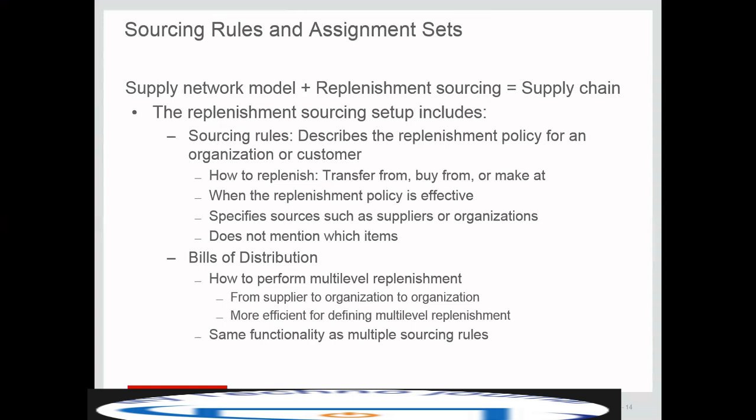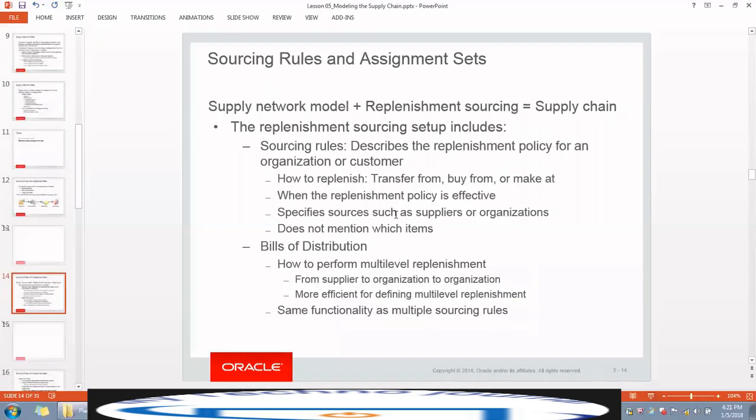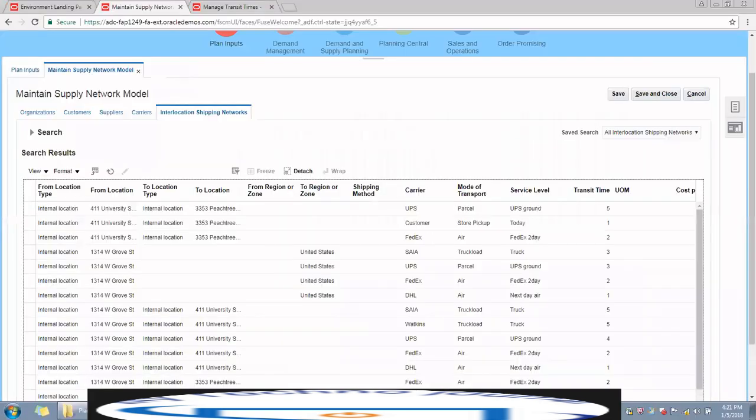The sourcing rules and bill of distributions determine the movement of material between organizations. For example, the sourcing rules describe the replenishment policy of an organization, right? How you're going to replenish, whether you're going to transfer from, make it, or buy from. And when is the replenishment policy effective? That is the effective date of a sourcing rule. So let me go into the application and quickly